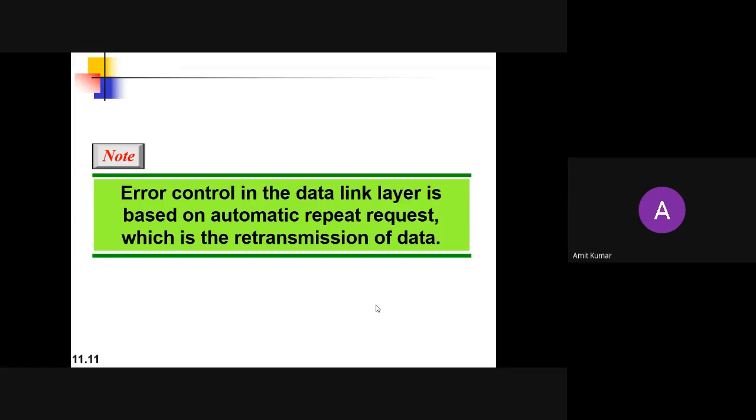So what will happen if some damage occurs or some packets are lost? The sender needs to retransmit that frame until it receives the acknowledgement. Anytime you detect an error, you need to retransmit the message. So it is called ARQ, automatic repeat request.